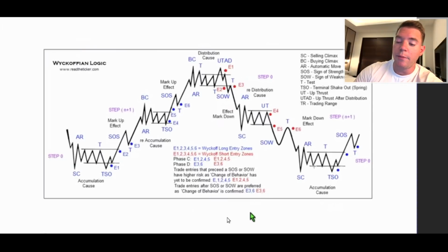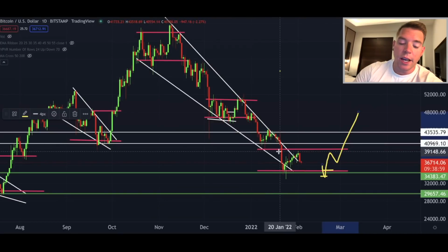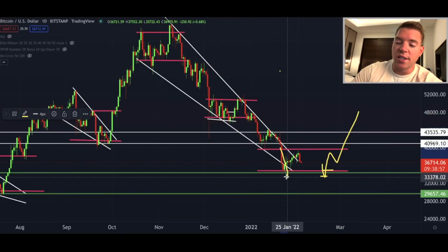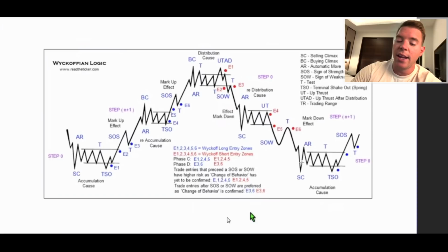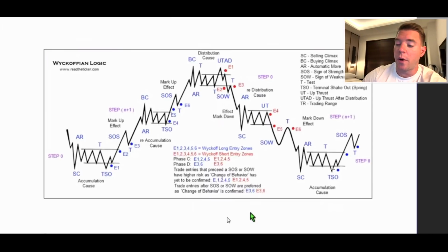So we came here into this pattern, moved to the upside, moved down, moved here back to the upside. Now when we go back, what we see, we were moving into the downside, came up here, moved back down to the downside, moved up here again, moving back to the downside. So that is exactly what we're seeing here right now. So that means we are somewhere here in this M pattern here. So that means we are almost at the end of it, where we should get our final low before we